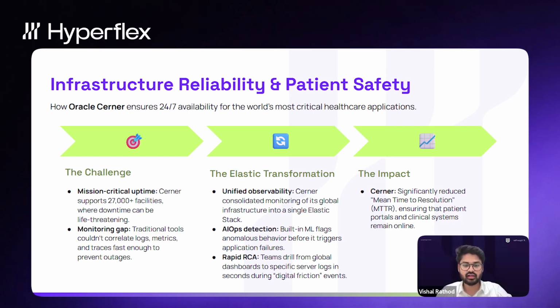These are critical life and healthcare monitoring tools. What they've done is unify their observability of all the 27,000 facilities, and they can now monitor in a single Elastic stack which machine in which hospital is performing well. We are basically able to detect any issue with any machine within sub-seconds. An alert is generated across such a huge stack.